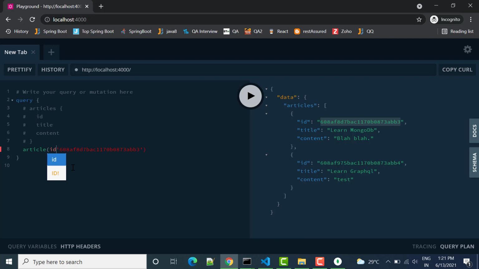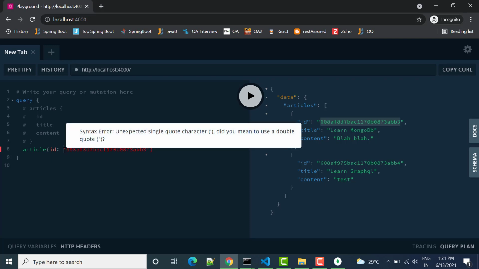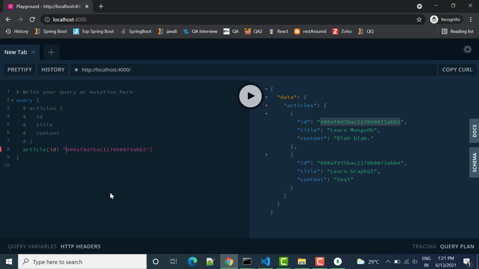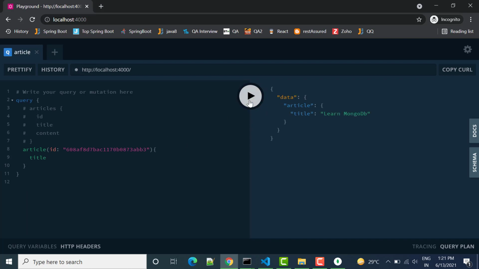And ID equal to this one, right? So do you mean double quote? Okay, so let's add a double quote, right? So we have given ID and then what all fields you need. So let's say I need only title. Let's try whether it is working or not. Perfect. So now you can see for this ID we are getting the data.